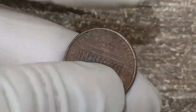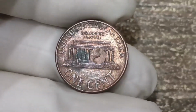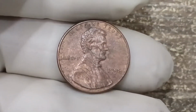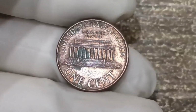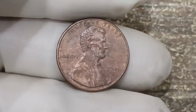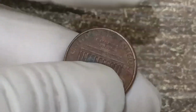So the next time you encounter a 1998 penny without a mint mark, take a close look with a magnifying glass. Check the spacing of the letters in America. Look for signs of doubling on the inscriptions, examine the surfaces for off-center strikes, lamination errors, or unusual weight and size that might suggest the wrong planchet, because you never know, that humble coin could be the one in a